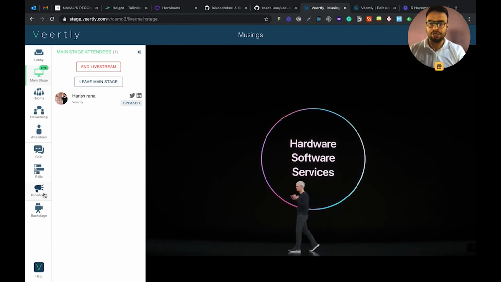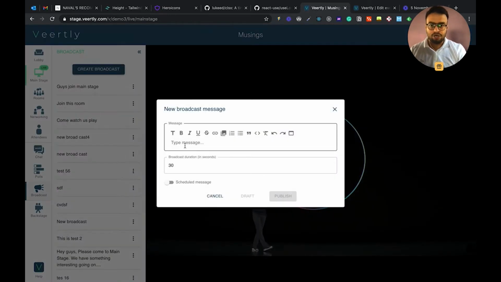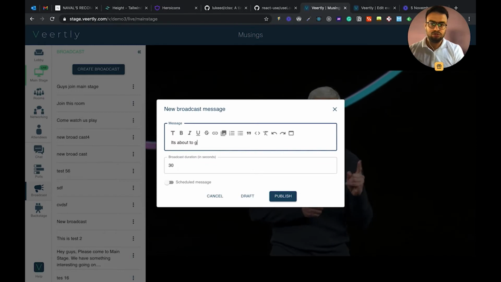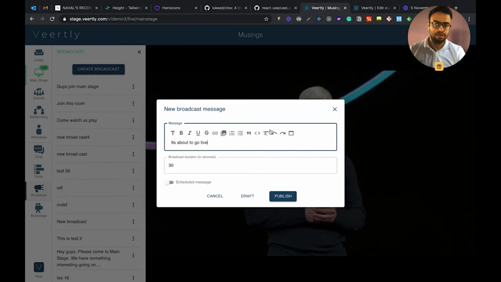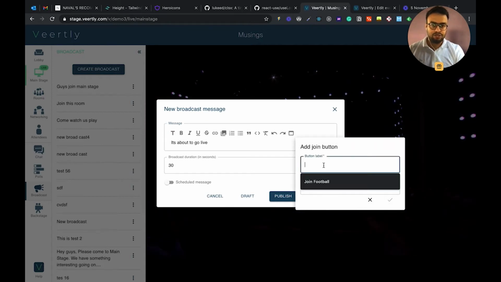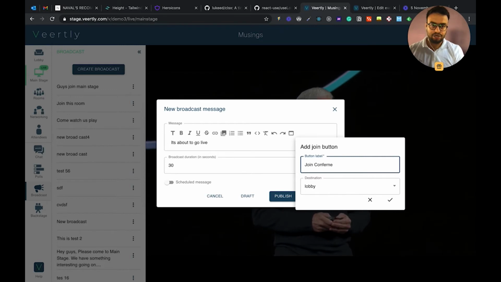So I can create a broadcast and put an action in it. Let me show you. I click on create broadcast and I say it's about to go live, and at the end of the editor there's a button which lets us create the action. So I say join. I can put any label here, but I say join conference,